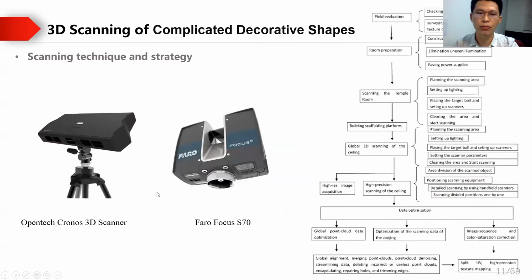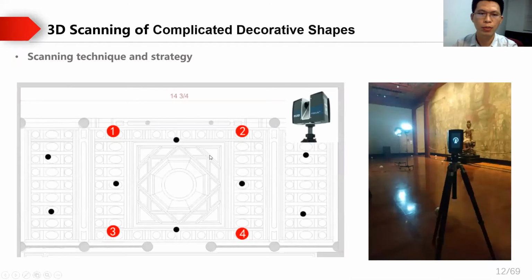Based on the installation features and scanning data requirements, we finally made a detailed scanning strategy, the roadmap, including the interior global space scanning and high-resolution scanning. The global scanning provides us global control points in the alignment process of the high-resolution fragments. This picture shows the position of each global laser scanning.